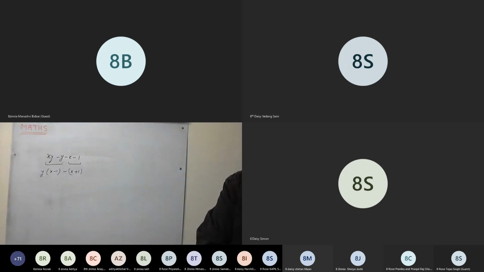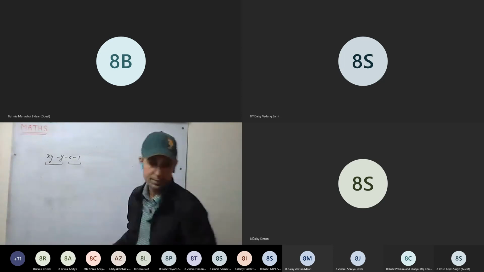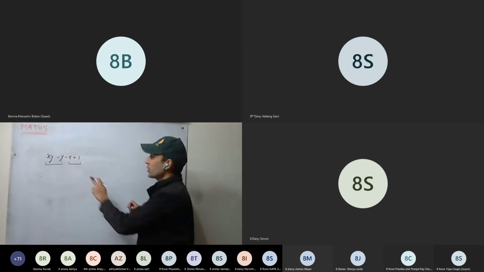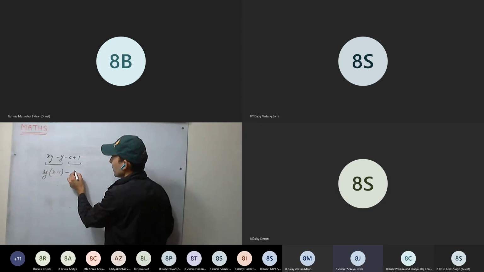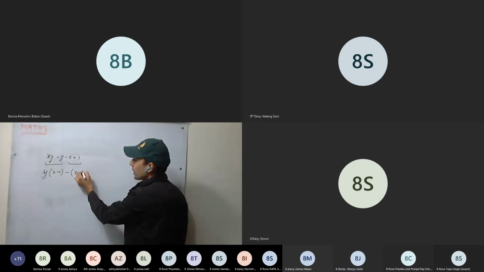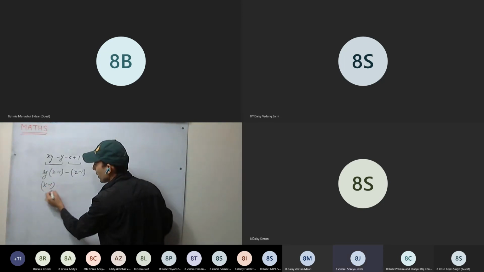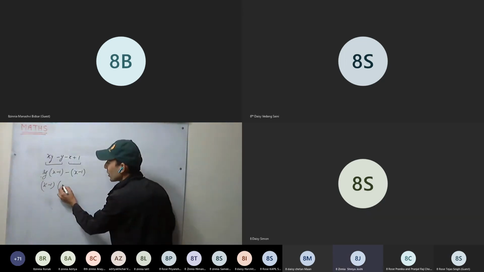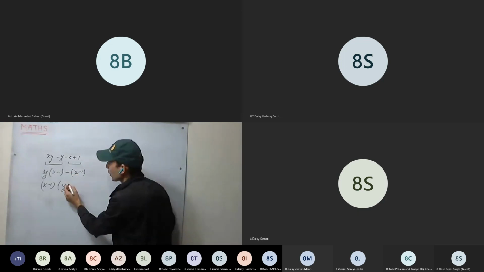Have I written the question correctly? X minus y minus x. X plus 1 it is. One minute. X plus 1. Okay. Now without rearrangement as well we can solve it. So y common, x minus 1 minus. Now put the bracket x minus 1. What is common? X minus 1. And what will I write here? Y minus 1. Don't write only y here. It means y minus 1.